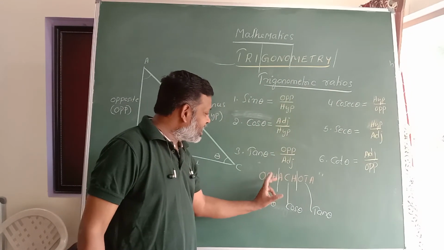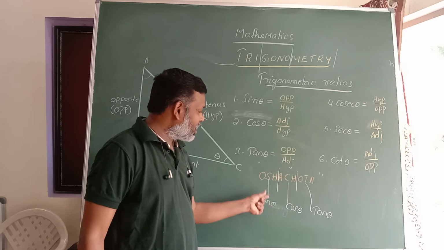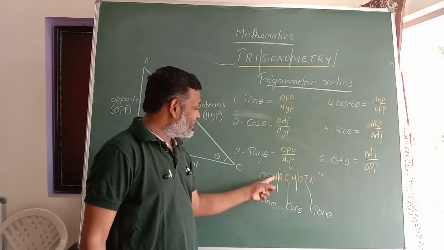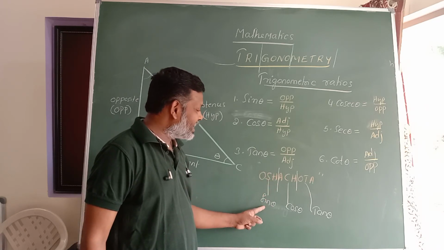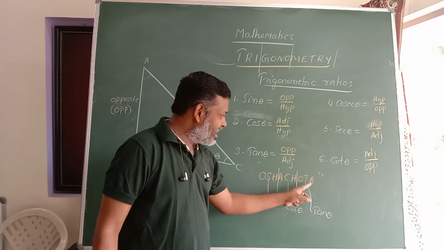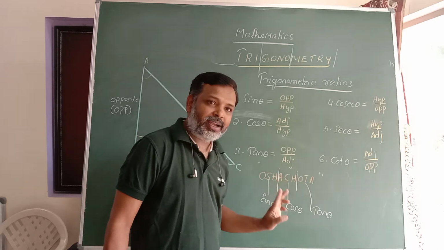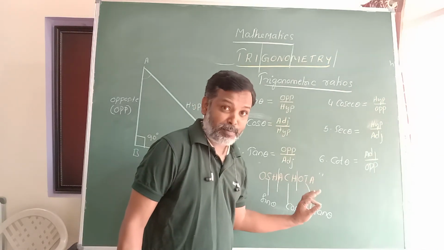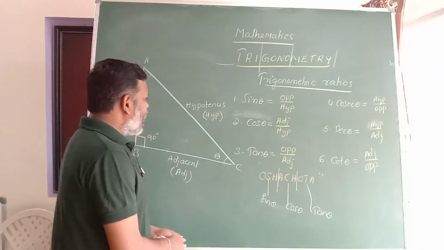So if you read it reversely, you will get the reciprocals. Hypotenuse by opposite, you will get cosecant theta. Hypotenuse by adjacent, you will get secant theta. Adjacent by opposite, you will get cot theta. This is very, very important. Right. So now,